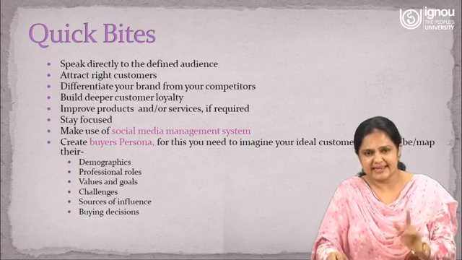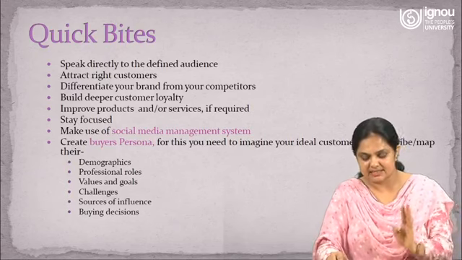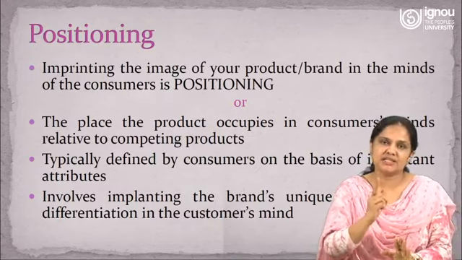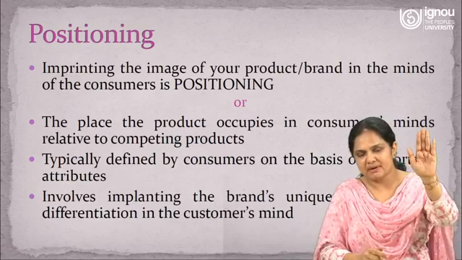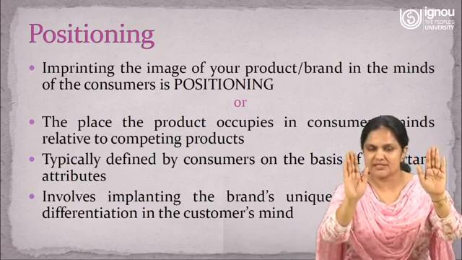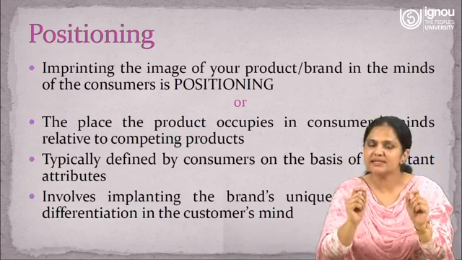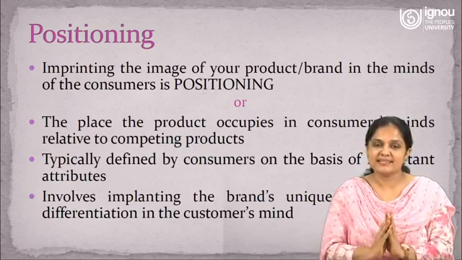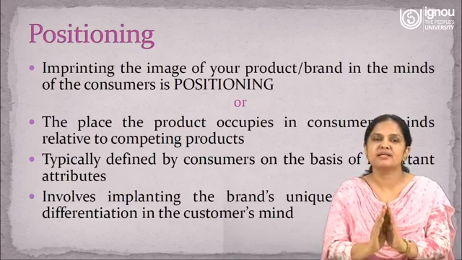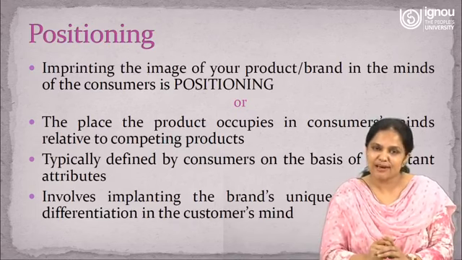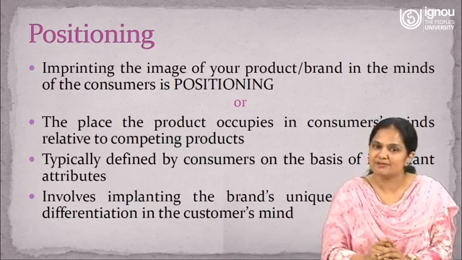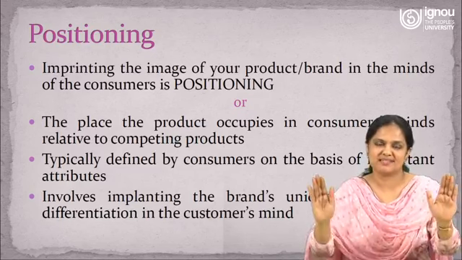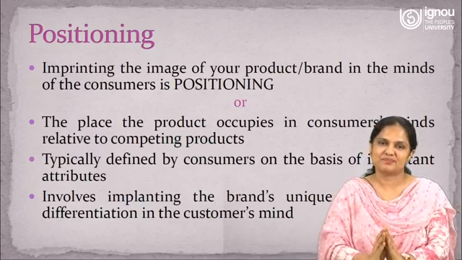So this was targeting. In STP we have discussed segmentation and then we have discussed targeting. Now we should talk of positioning, which is the last component of STP: segmentation, targeting and positioning. So you have segmented the market, you have divided the market, and then you have chosen, on certain criteria, a particular segment or maybe a few selected segments, right? Once that is done, the next important thing that you need to do as a marketer is positioning. Why positioning? Again, because you want to be in the market for a longer period of time. You don't want to only survive, you want to grow as a business. So for that, positioning is important, right?